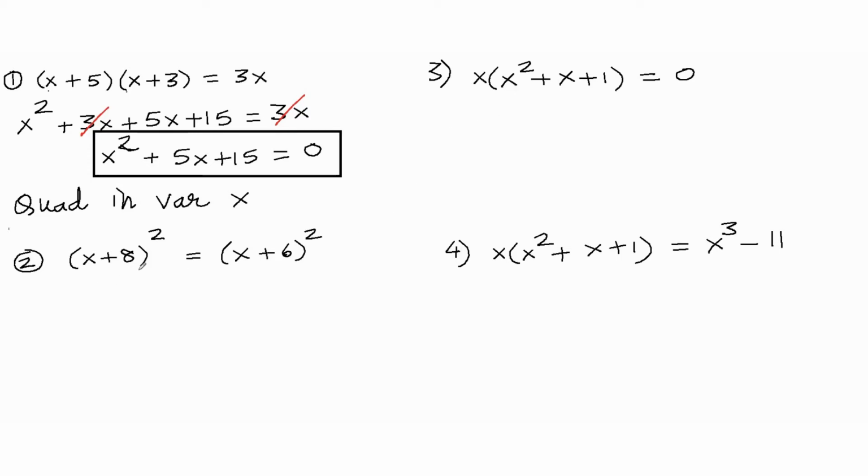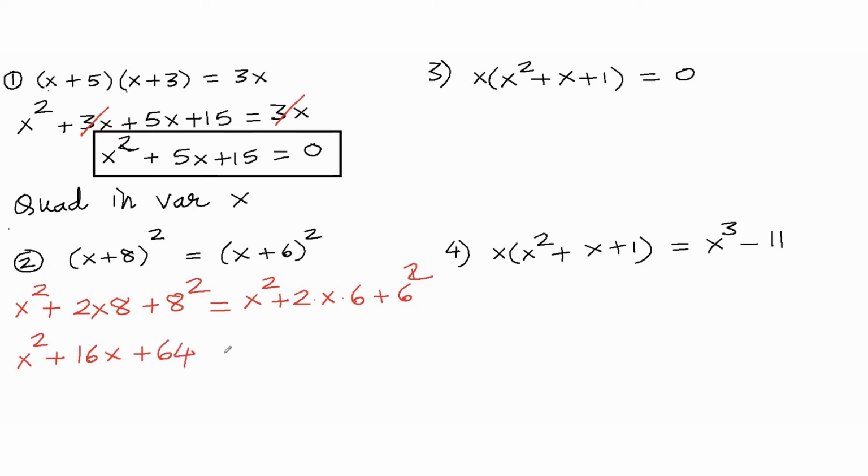Let's try the second one now. So x plus 8 the whole square equals x plus 6 the whole square. I can open up these brackets by a plus b the whole square, which would be a square plus 2 times a times b plus b square. So now let us see what we get. This is x square plus 2 8s are 16x and 8 square is 64,